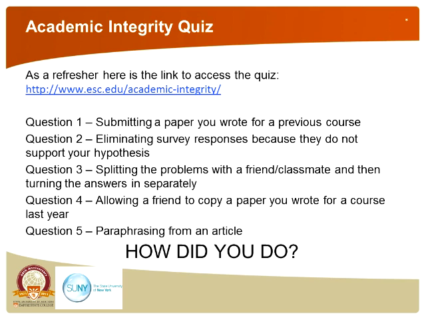Now, question number 5. Paraphrasing from an article. Is this a breach of academic integrity? If so, thumbs down. If not, thumbs up. All right. And we have responses with thumbs up because, yes, of course,